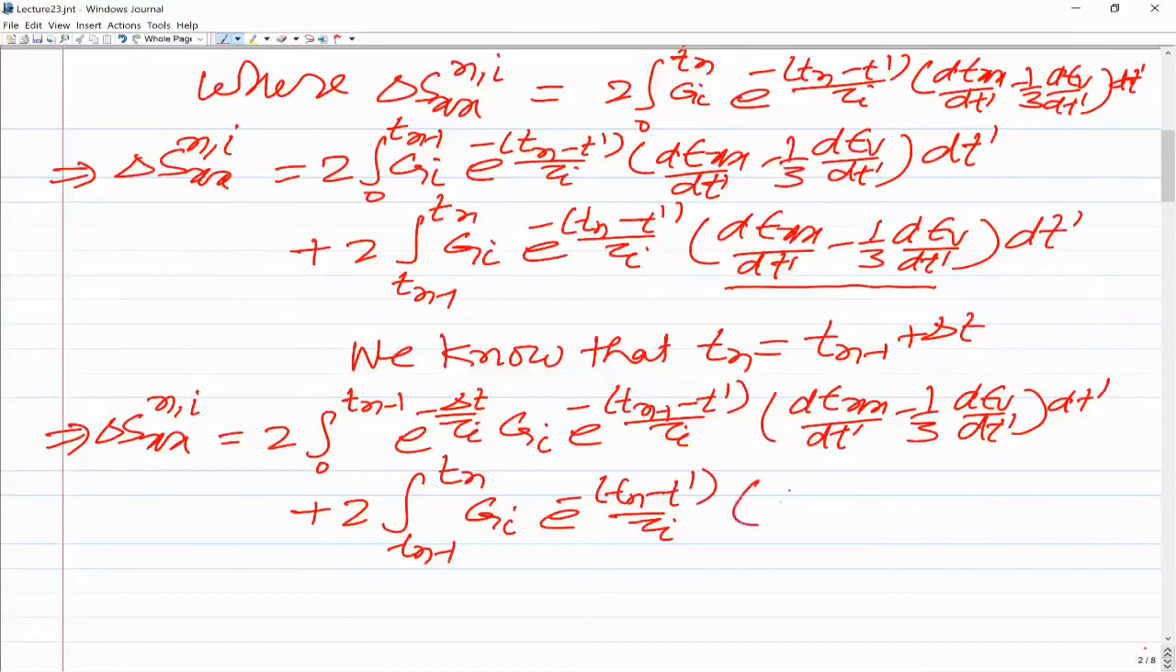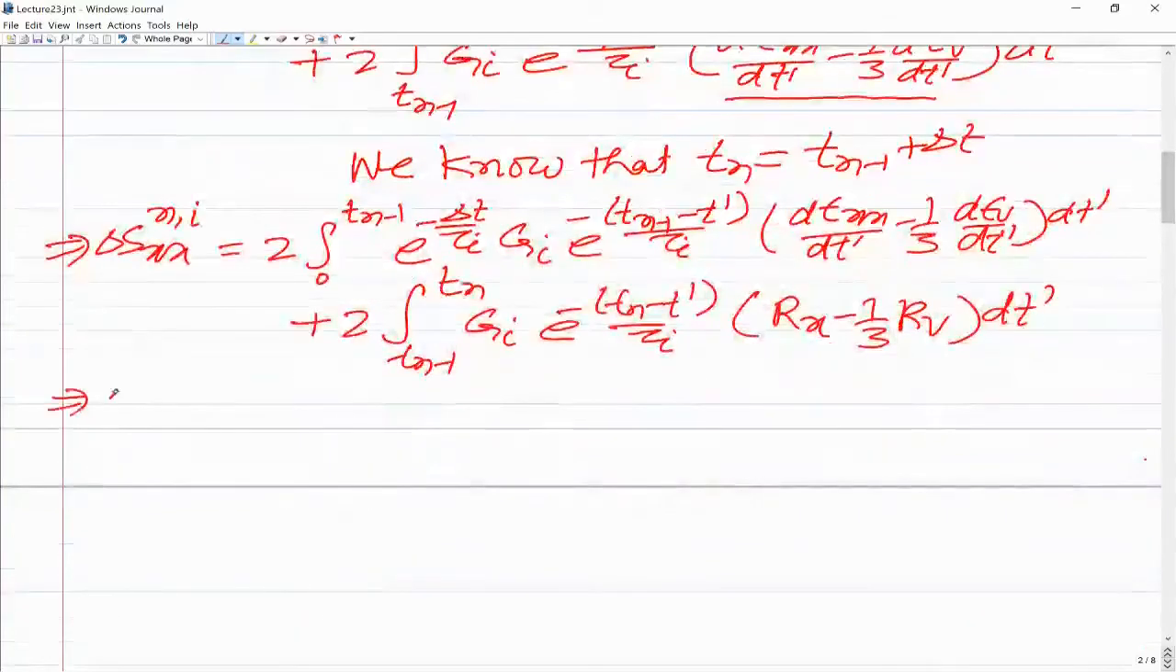So this can be for tn minus 1 to tn. Of course, this rate would be different from what we have from tn to tn plus 1, but it will be constant. So let us say I'm using the same notation, Rx minus 1/3 of Rv into dt dash. So you can write it like this. Now if you look at